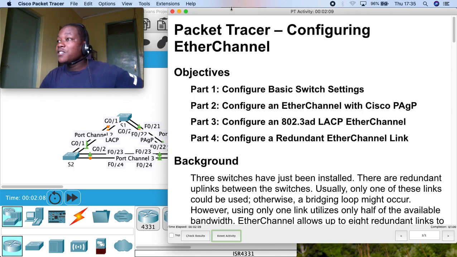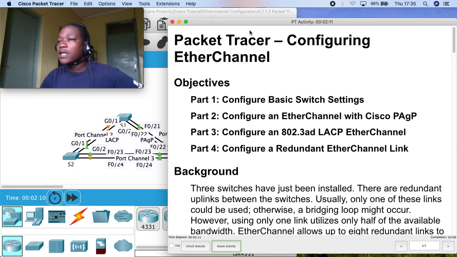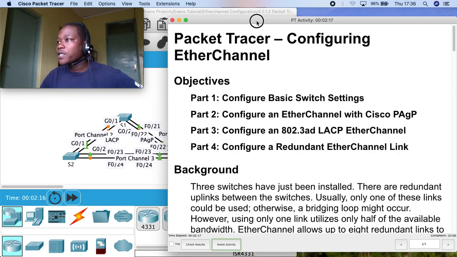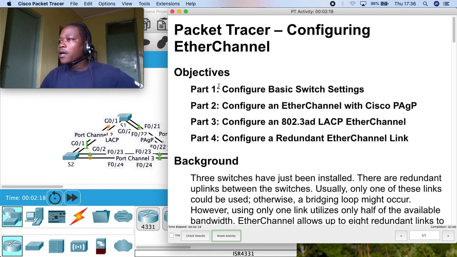It is based on Packet Tracer in CCNA 2 version 7, activity 4.2.1.3. The objectives are to configure basic switch settings, configure an EtherChannel with Cisco PAgP, that's Port Aggregation Protocol, and then we configure an 802.3ad LACP, which is Link Aggregation Control Protocol, EtherChannel, and then we configure a redundant EtherChannel